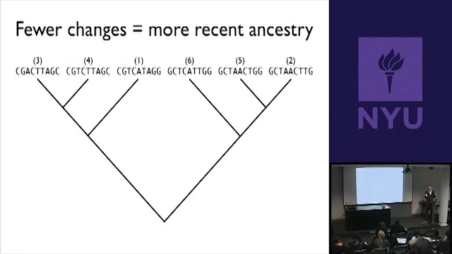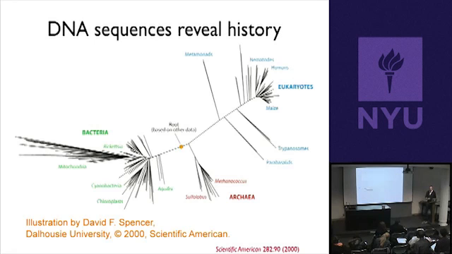The only thing that makes it more complicated is when you have 600 sequences to look at, and they're not 10 bases long, they're hundreds of bases long. And so to do this in reality, you use a computer, right? Because the computer is really good at finding which ones are similar and putting them together, which ones are next similar and putting them together, and so on, okay? So once you have the sequences, building a tree like this is pretty trivial, okay? You get that tree, and then you can start learning interesting things.